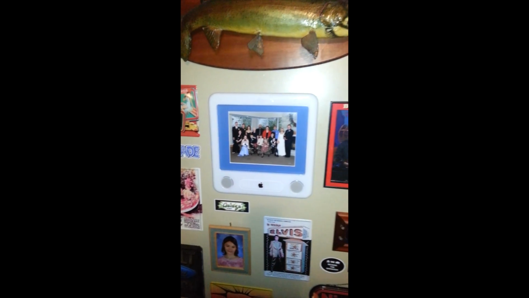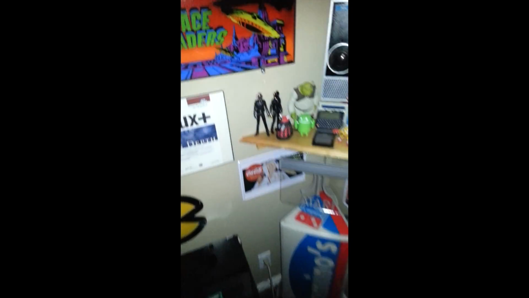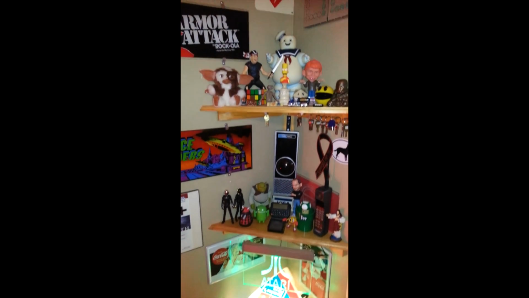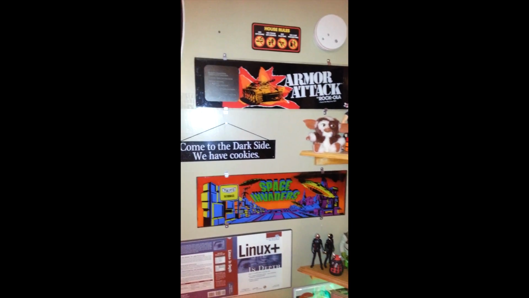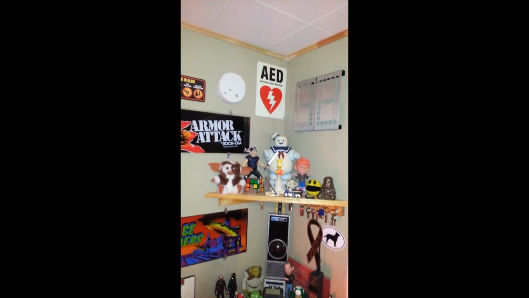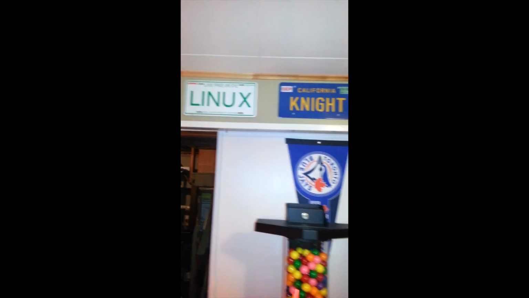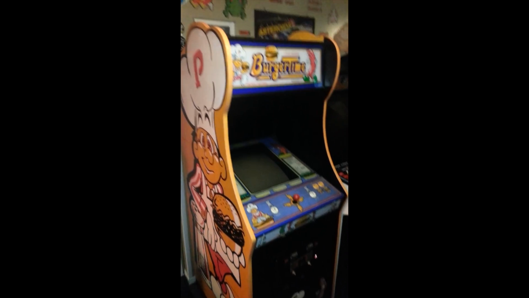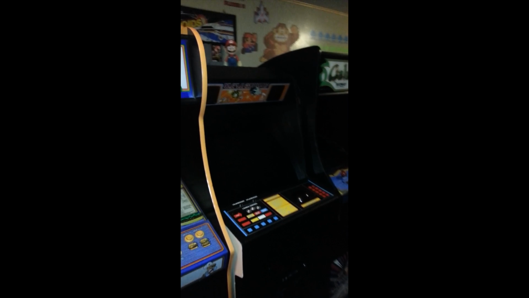Got a Mac photo frame, fish, and some other cool stuff, and some light up signs as well that I can turn on right now. And so you can see those. And a bunch of little 80s stuff, right? An old, very rare Space Invaders marquee and an Armor Attack marquee. Defibrillator sign. And then I've got a Space Invaders cocktail table, as well as a Linux license plate and gumball machine. And over here you'll see I've got my Burger Time, I've got beautiful Missile Command there,